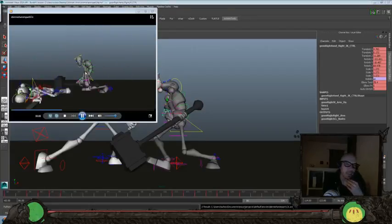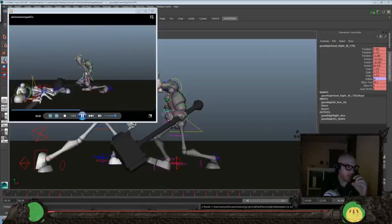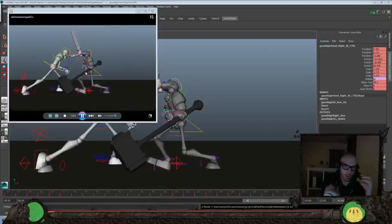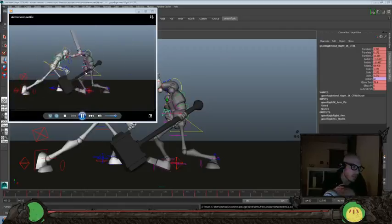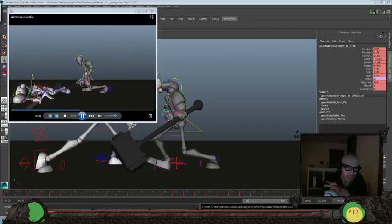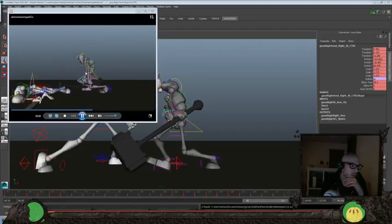And that's one of the things that's nice and pushing about using the Goon rig or any of these rigs where it's really just ball joints and straights, is it doesn't let you cheat too much stuff. You've still got to make sure, otherwise you get this poppy stuff in there. So